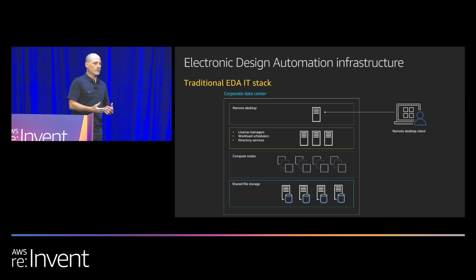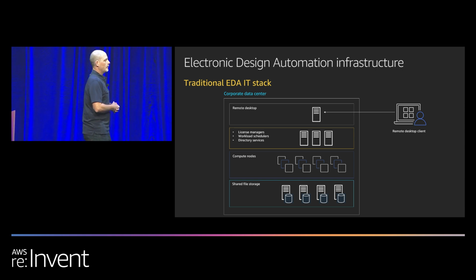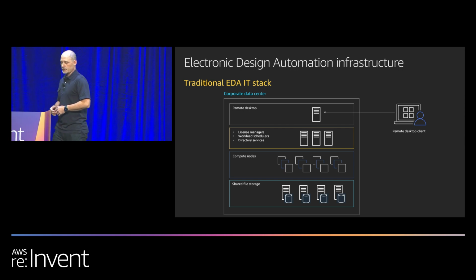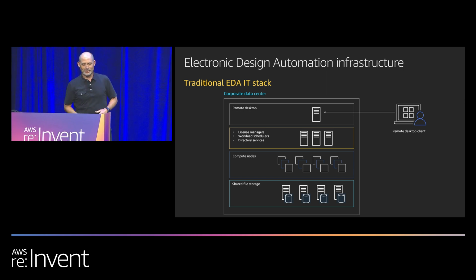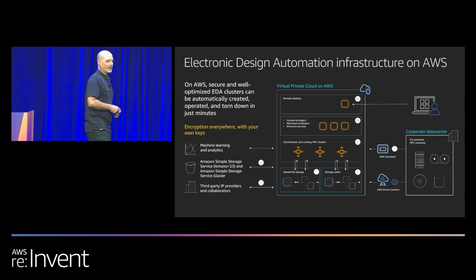But then you also have the compute nodes, the farms that are actually doing your compute. And then at the bottom there, you obviously have shared file systems and all the data that you need. And I found the clicker, so here we go. So if we look at this and we translate over to AWS,